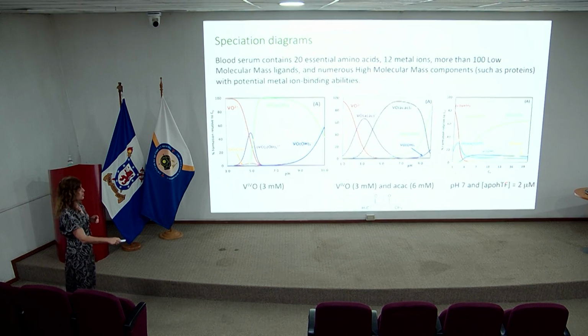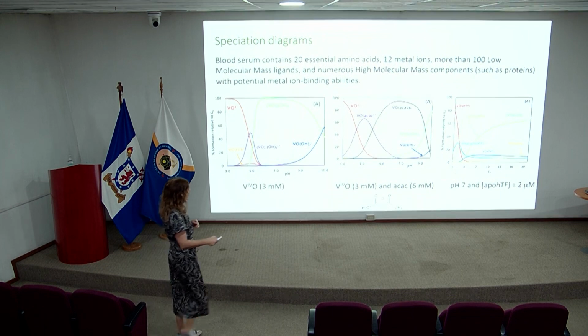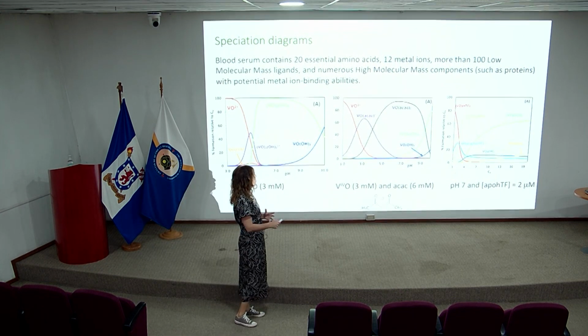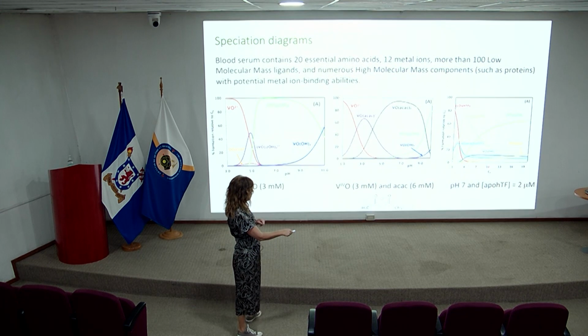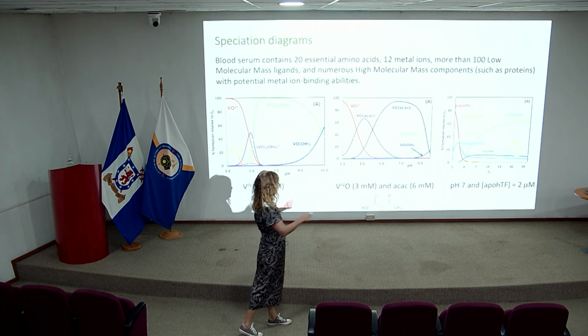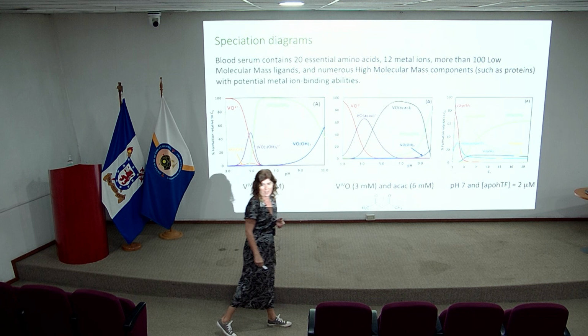This is the concentration which is relevant in biological conditions in blood, and we could see, putting everything together, what we are doing here is changing the vanadium concentration. We can see that for low concentrations, below 10 micromolar, we have vanadium either bound to transferrin, 1 vanadium or 2 vanadiums, or vanadium hydroxide if the concentration of vanadium is higher, okay?